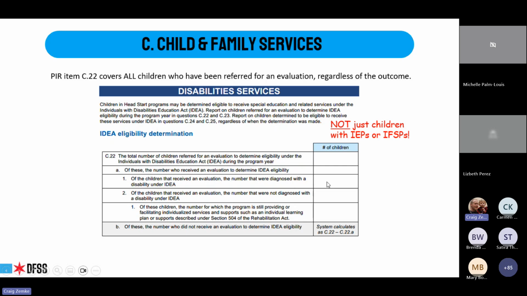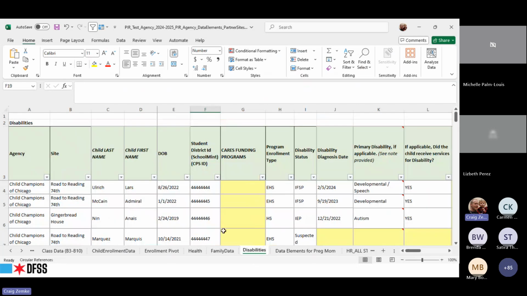Of those who were evaluated, how many received a diagnosis? Of those who were not diagnosed, how many were you providing other services for, such as 504 plans, and so on. So we added these things to the spreadsheet. If you look at the disabilities tab,